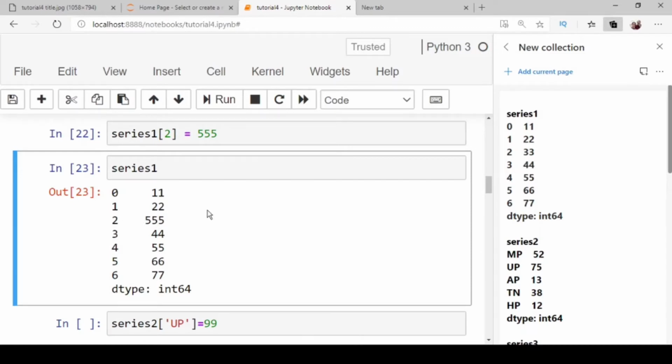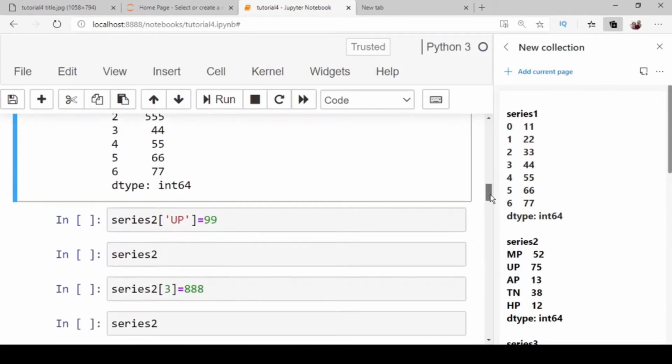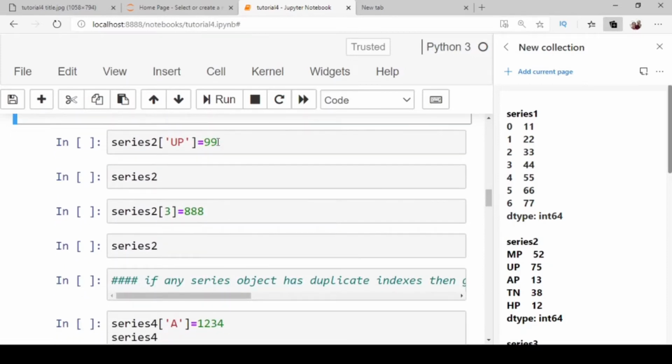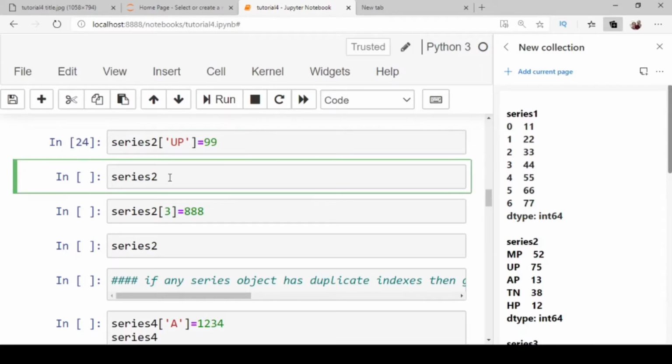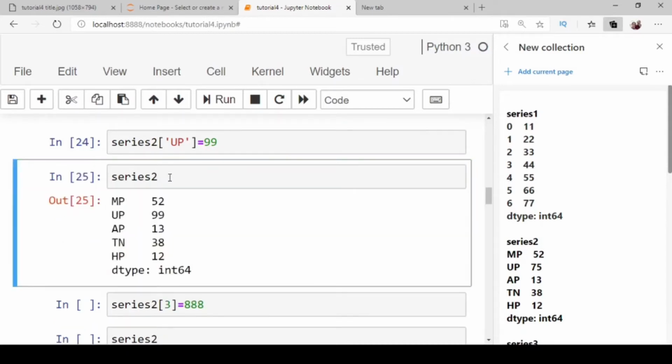We modify the data element at index up as 99. Press Ctrl plus Enter. Now write series 2 and press Ctrl Enter.